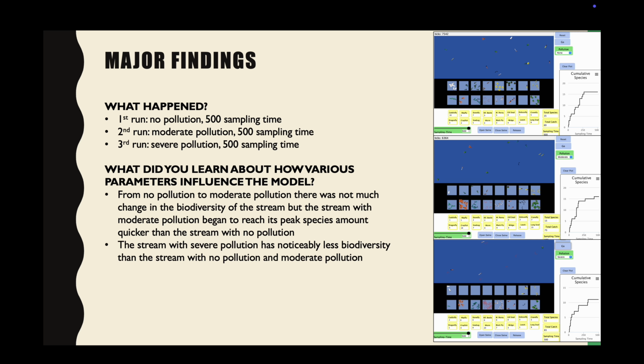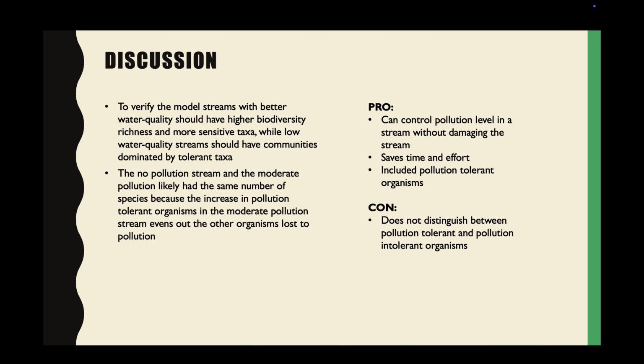From no pollution to moderate pollution, there's not much change in the biodiversity of the stream, but the stream with the moderate pollution began to reach its peak species amount quicker than the stream with no pollution. So the no pollution stream and the moderate pollution stream likely had the same number of species, because the increase in pollution tolerant organisms in the moderate pollution stream evens out the other organisms that were lost to pollution. So one of the cons is that it does not distinguish between pollution tolerant and pollution intolerant organisms,